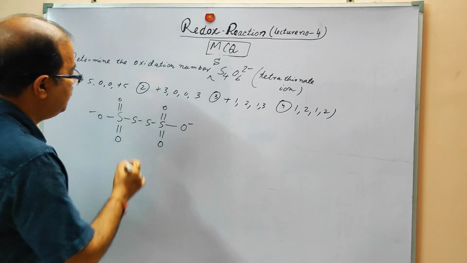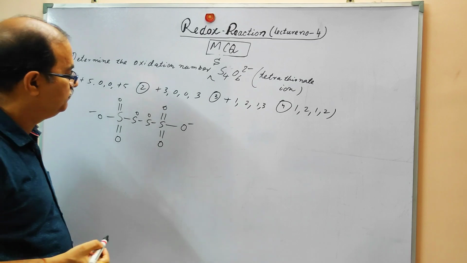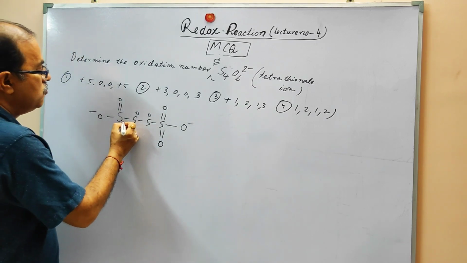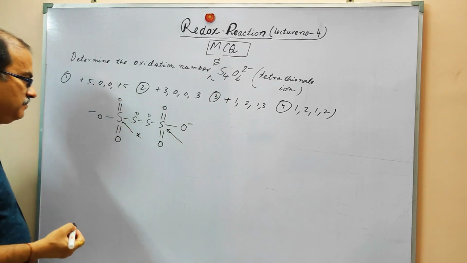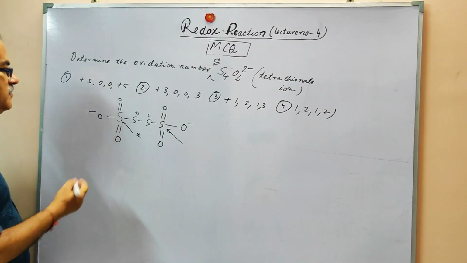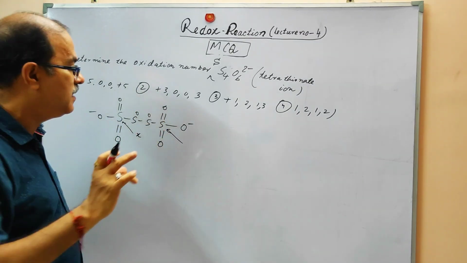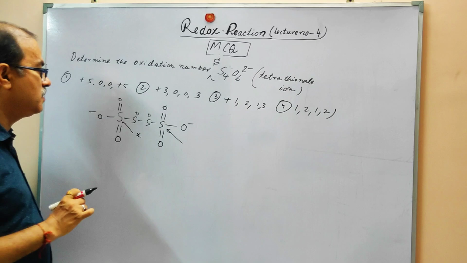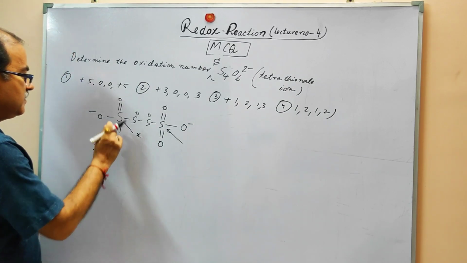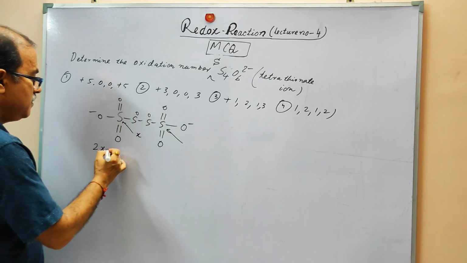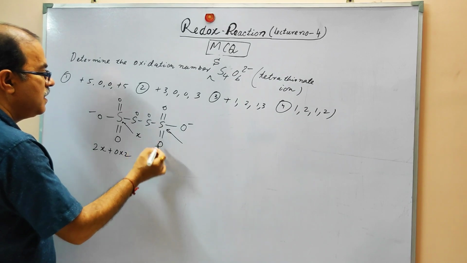Now it has been experimentally found that the oxidation number of these two will be 0. So the oxidation number of this sulfur and this sulfur, suppose this is X. It is a charged species, and the charged ion has a -2 oxidation number. So we can write this equation: 2X, that is for these two sulfur, plus 0 into 2 because they have 0 oxidation number, and all